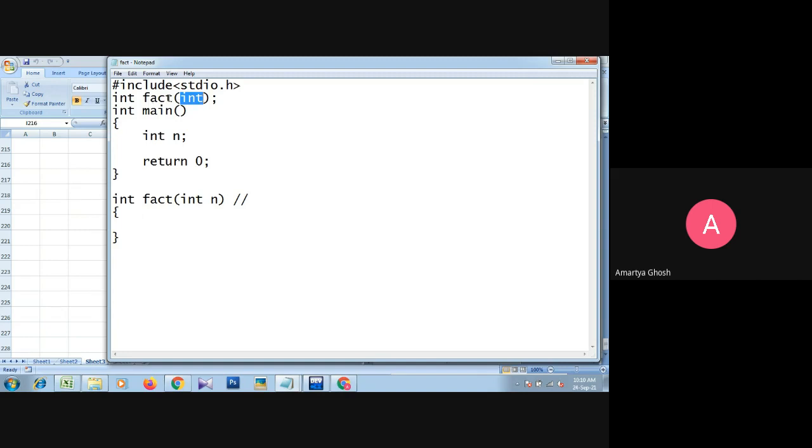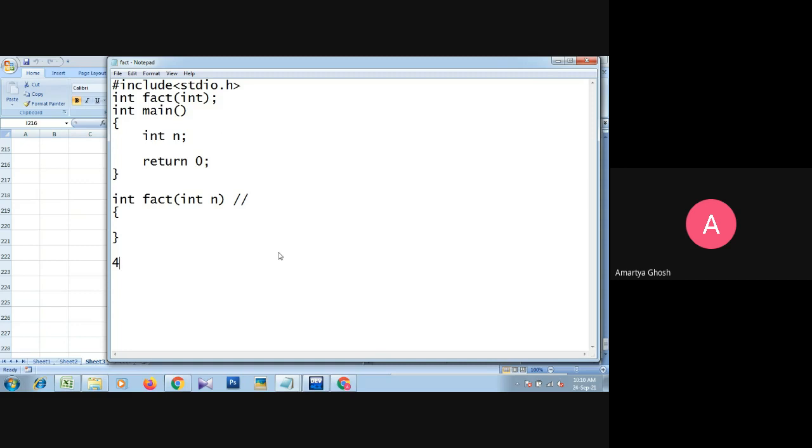So we know that for a recursive function like factorial, suppose we are going to solve the factorial of 4.